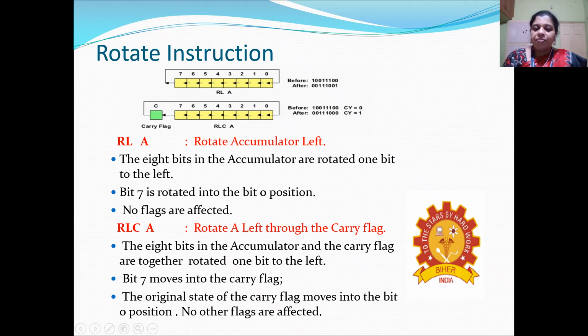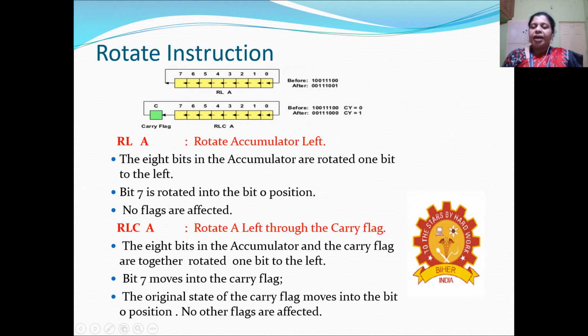So now start from LSB. Initially this carry will be moved to LSB. So LSB will take 0. Then you move each and every thing towards the left. So you'll have this as 001 1100. And for carry now, the MSB will be moved to carry. So carry will have the value as 1.